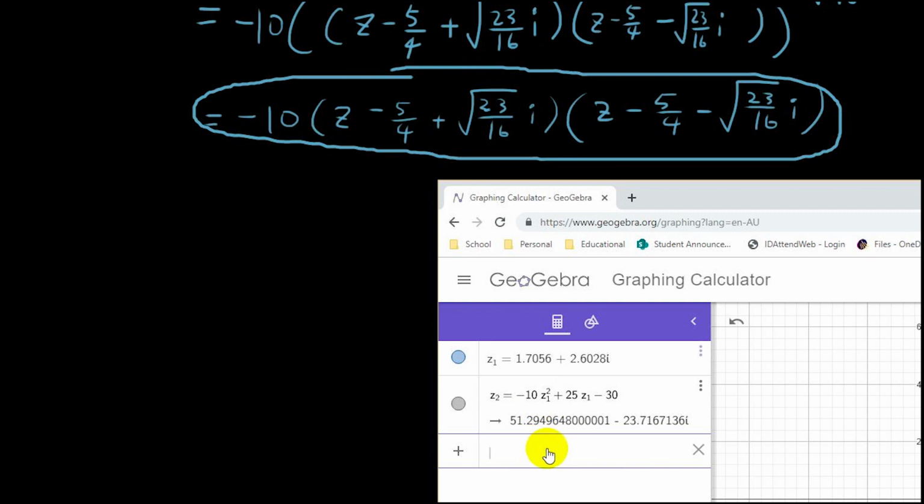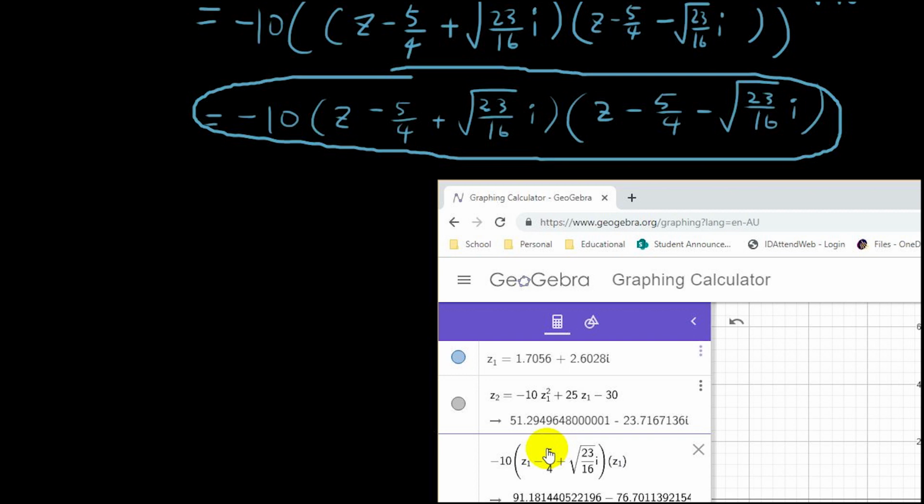Okay, so I got negative 10 times Z1 minus 5 over 4 plus square root of 23 over 16 I. Make sure this I is outside of the square root by pressing the right arrow key, and then times, again times Z1 minus 5 over 4,